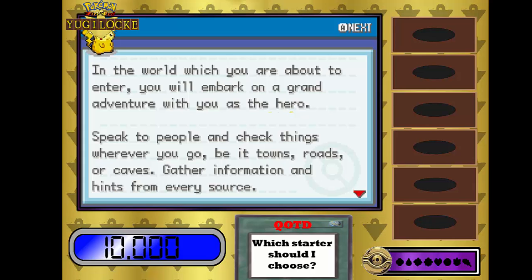But how do you regain life points? Because obviously you can't go through the entire game like this. You basically just have to not fight at all. You can regain life points. The way you regain life points is by beating gyms. Every time you beat a gym,